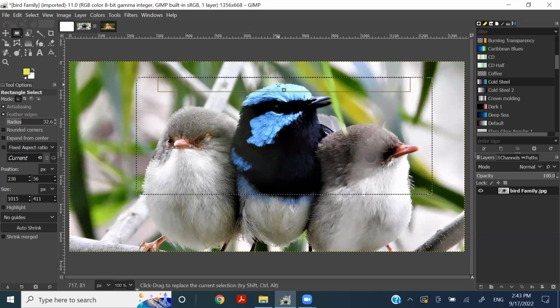As well as you can change the size of the selection by taking your mouse pointer to the borders of the selection. So it will be like this, right? So according to your requirement,